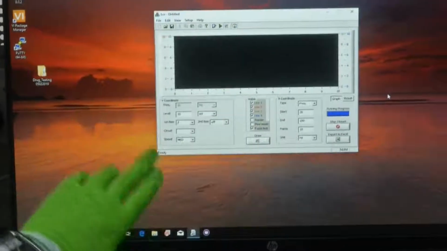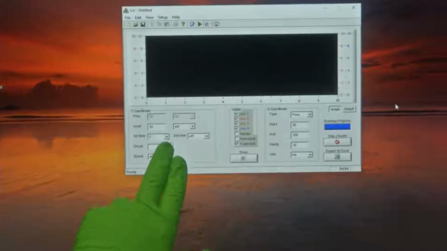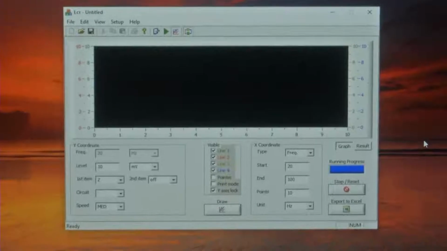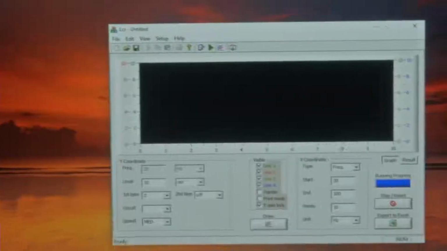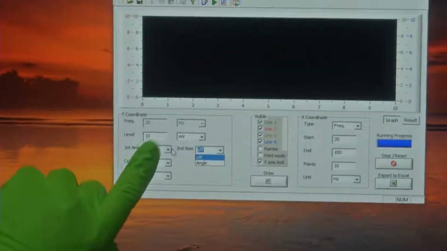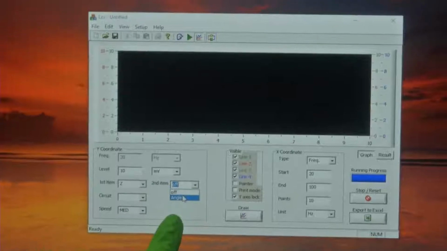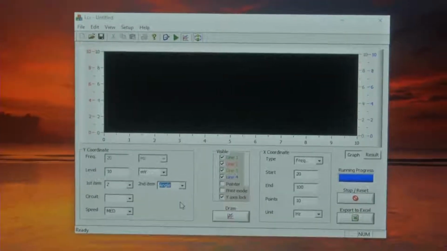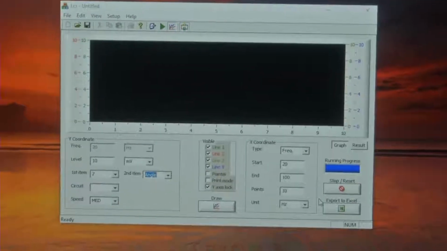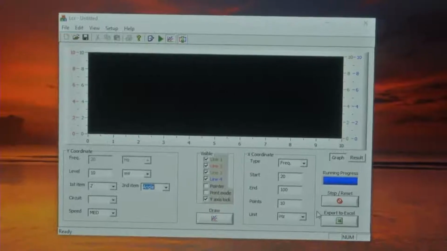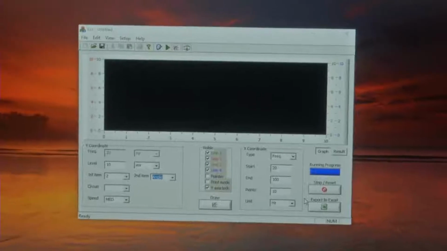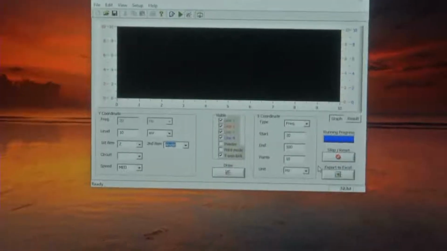So now this is the interface as you might have seen in previous lectures. So for me to show you both the differences, we will measure both impedance and angle. So first item is impedance, it is selected. We will use an excitation voltage of 10 millivolt and we will also measure angle. What is angle? The imaginary angle for the complex impedance with which you can resolve the impedance into resistive component and capacitive and inductive component, which is the R plus 1 by j omega C, or R plus j omega L.